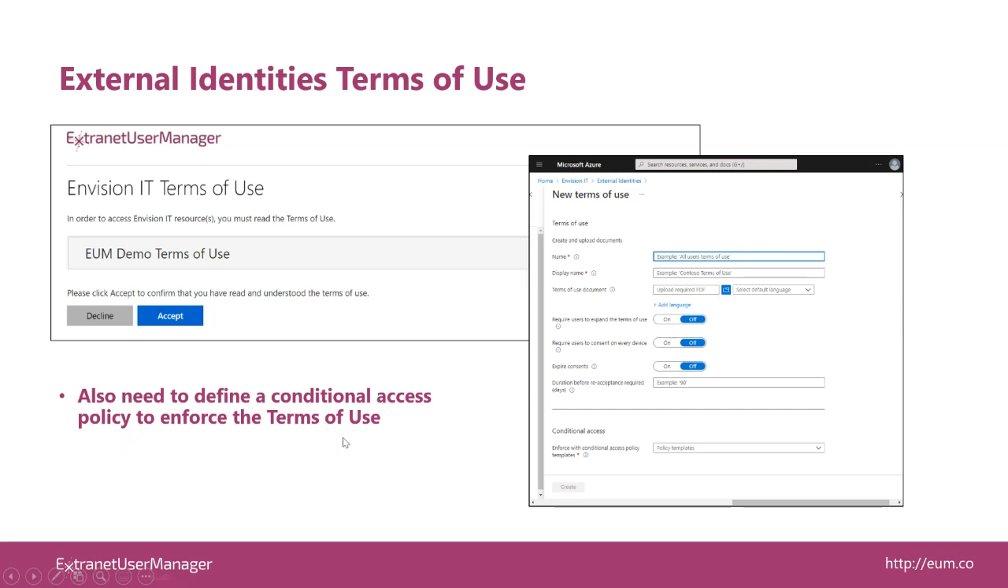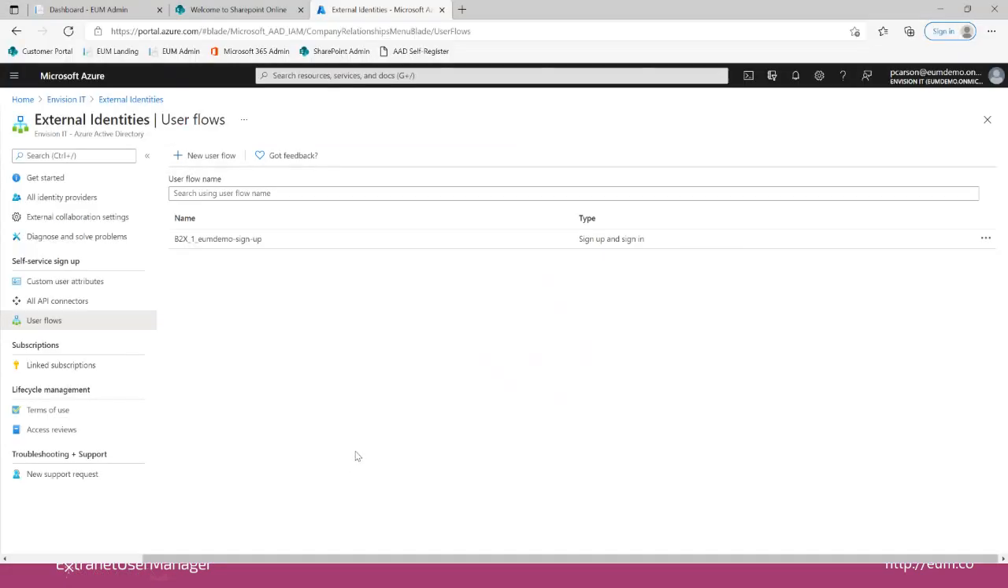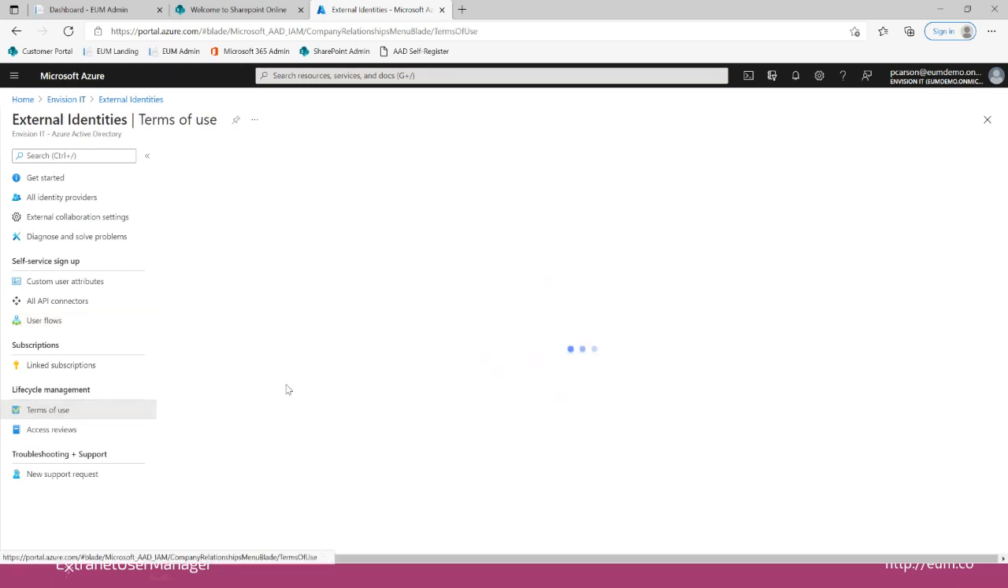So to use terms of use, you have to have Azure AD Premium Plan 1 at a minimum, because that gives you the conditional access policies that you need to enforce the terms of use. So let's go through what that looks like. If I come back to my external identities and I come down here in lifecycle to terms of use,